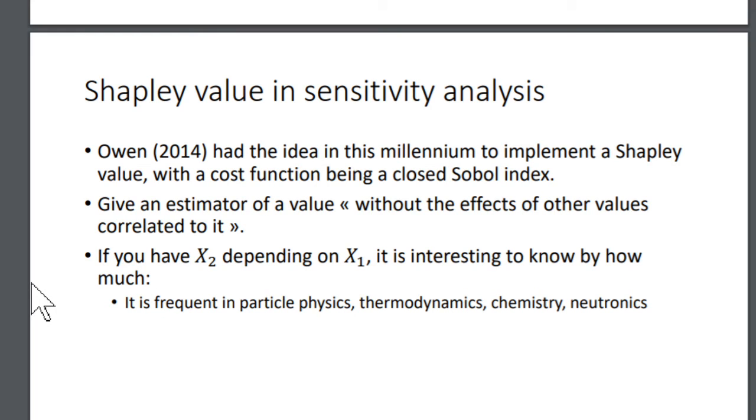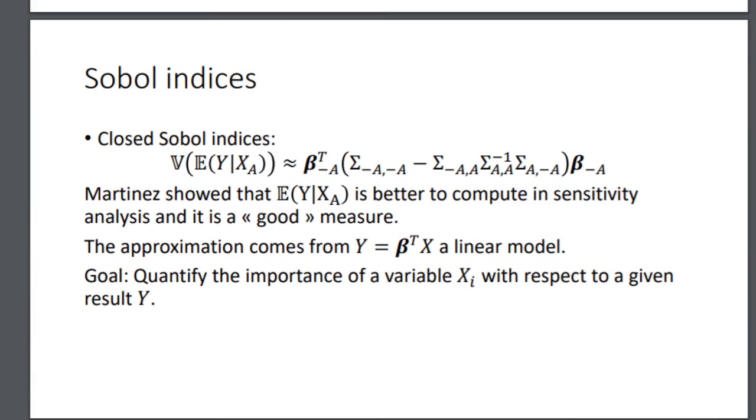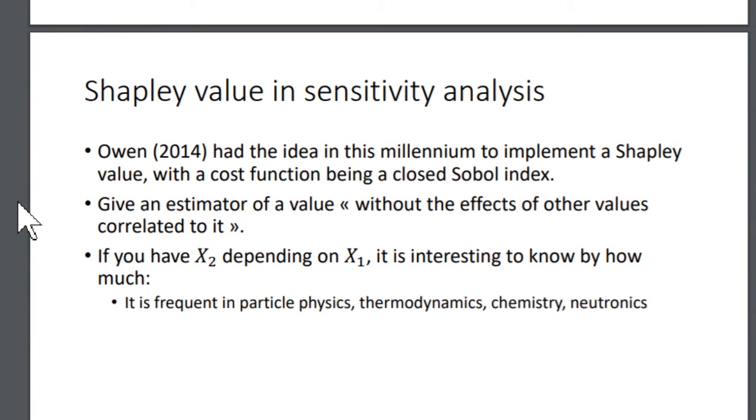So the Shapley value in sensitivity analysis. Sensitivity analysis has multiple branches. One of those branches is variance analysis, which is the Sobol part. And recently, Owen had the idea to implement the Shapley value from game theory, but using the cost function that is a